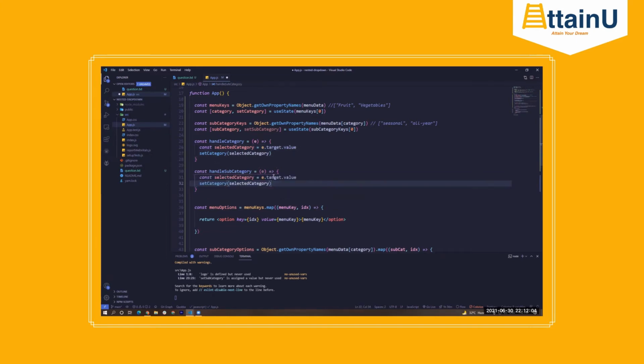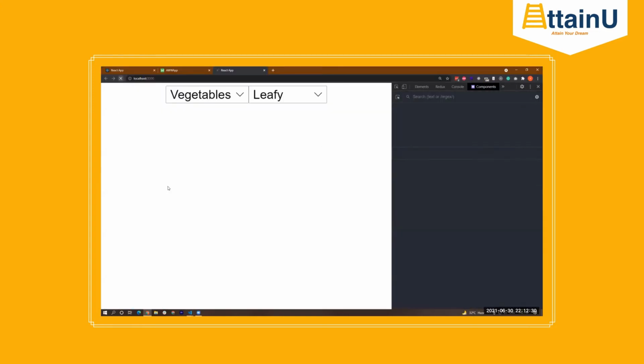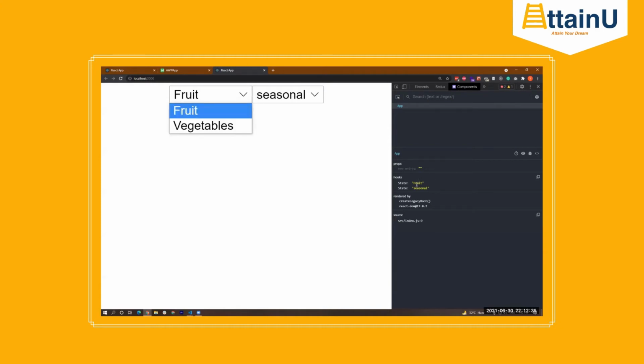This will be selectedSubcategory, and here it will be setSubcategory, right? Okay, let's test it out. Refresh. We have fruit, we have seasonal, and this is what is also maintained here, right? So when I click on vegetables, this also becomes vegetable, right?